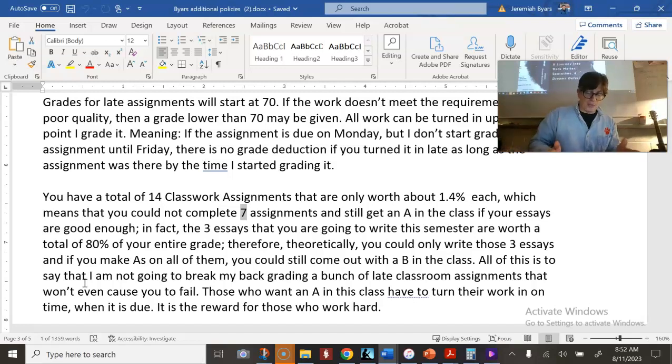Now, I am pretty flexible though, because an assignment might be due on a Sunday, but I might not grade it until Friday. Between Sunday and Friday, if you turn it in on Monday or Tuesday or Wednesday or Thursday, it's not late in my book because I haven't even started grading it yet. Why am I gonna count it late when I haven't started grading it? Okay, so the due dates that I give you are safe dates. If you turn in by this time, you definitely won't get any points off for being late, okay? The earliest I will be grading stuff will be on the Monday after an assignment is due.